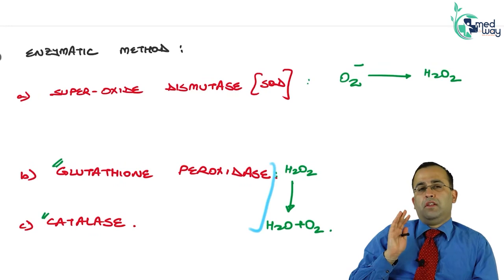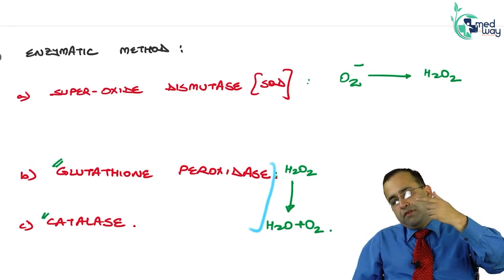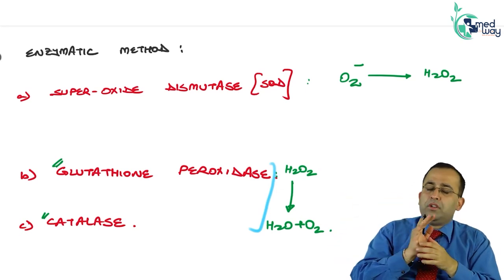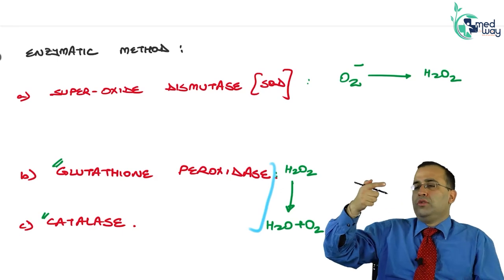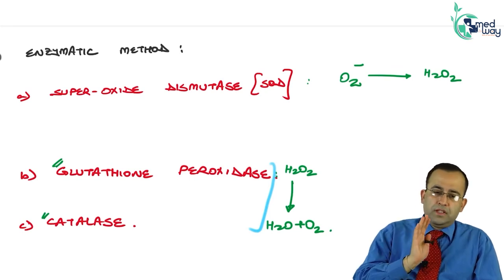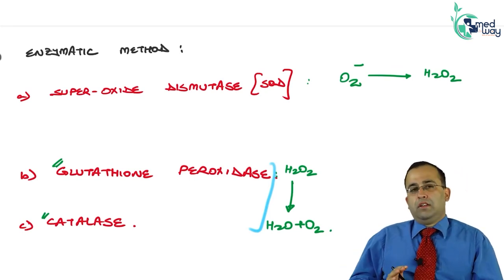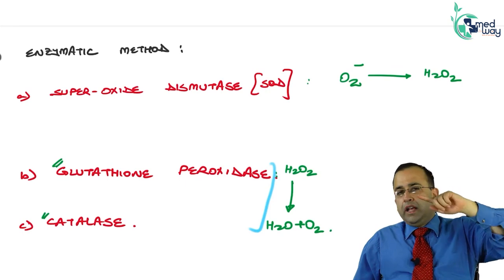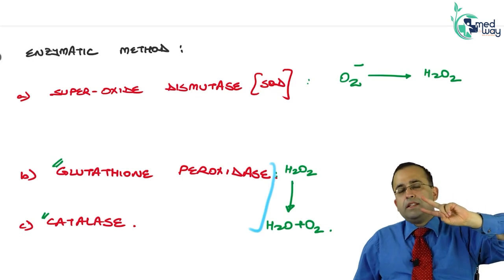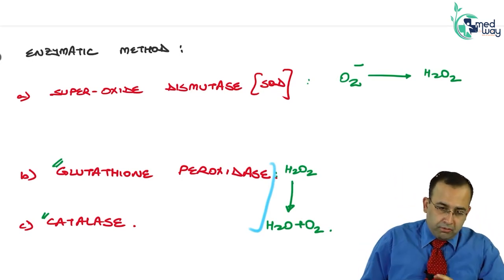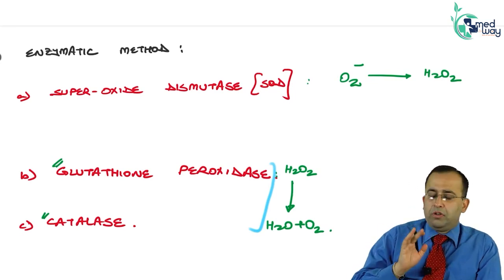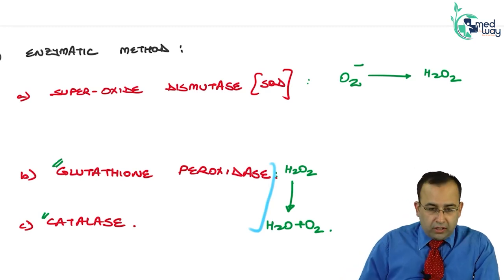Enzymatic removal. So superoxide dismutase converted superoxide anion O2 minus to H2O2. Glutathione peroxidase and catalase, इन्होंने H2O2 को convert किया. They converted H2O2 to H2O plus O2. This was enzymatic removal of free radicals. First method was they are inherently unstable, so they decay spontaneously. Next is enzymatic removal. अच्छा, before I go to the last method of removal of free radicals, superoxide dismutase के बारे में एक point और देखते हैं.